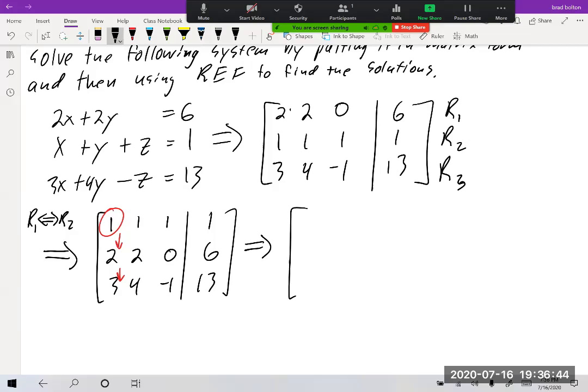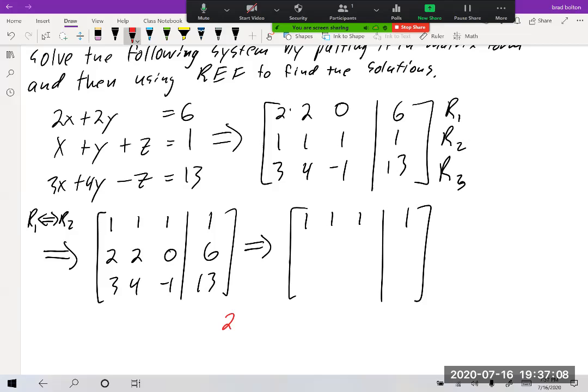The first row I'm not going to mess with, right? Because it has my 1 in the first spot. It's basically adjusted how I want right now. It has a 1 in the first column, first row. However, I need that 2 to become a 0. So what could I multiply row 1 by that could wipe out a positive 2? So what if I did